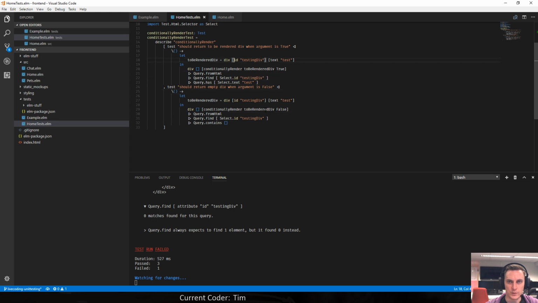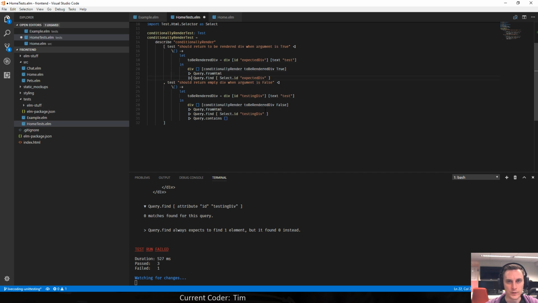So that is also incorrect, because this is not the testing div, this is the expected div. And I can also leave out this probably and then use first instead of find.